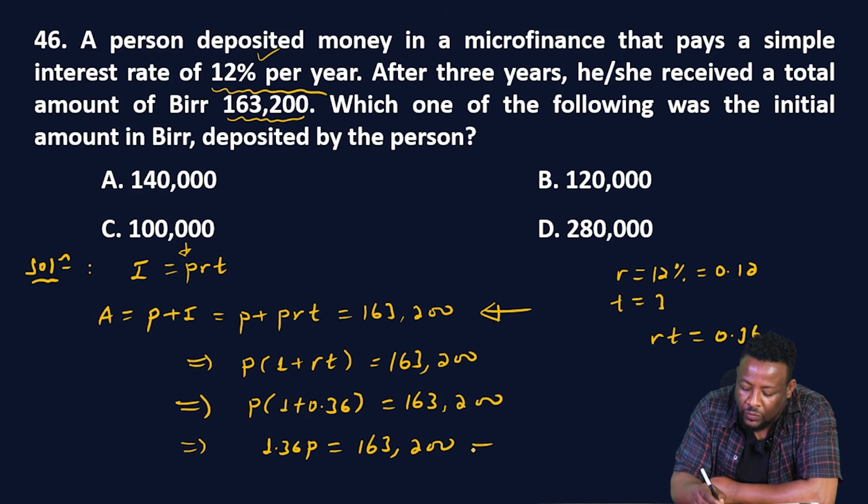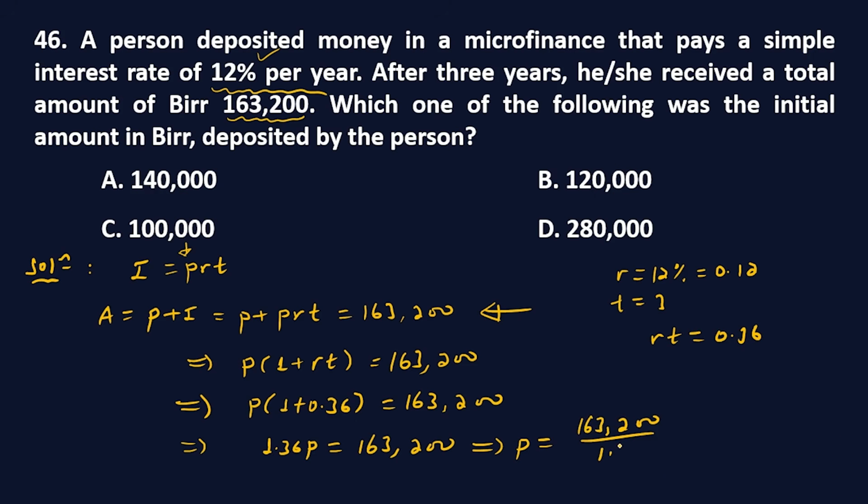Now you can divide both sides by 1.36 so 163,200 በ1.36 ስናካፍል የምናገኘው ሪዛልት 120,000 ይሆናል ማለት ነው so ይህ ሰው ወይም ይህች ሴት ያስቀመጠችው ገንዘብ 120,000 መሆን ይጠበቅበታል okay after 3 years